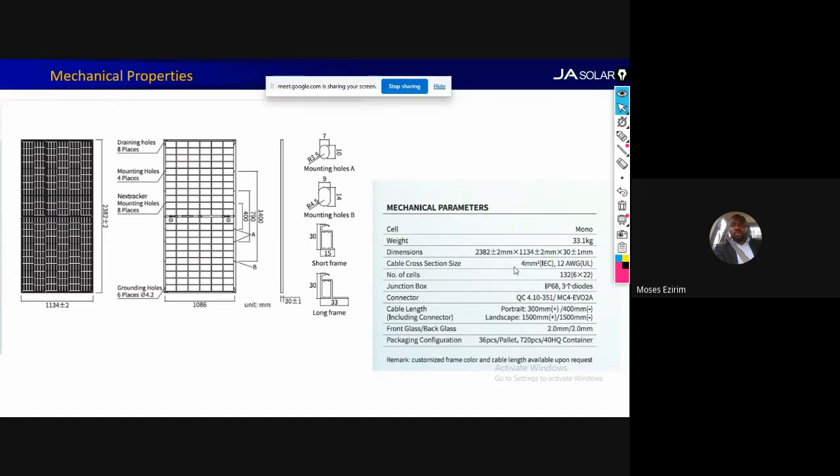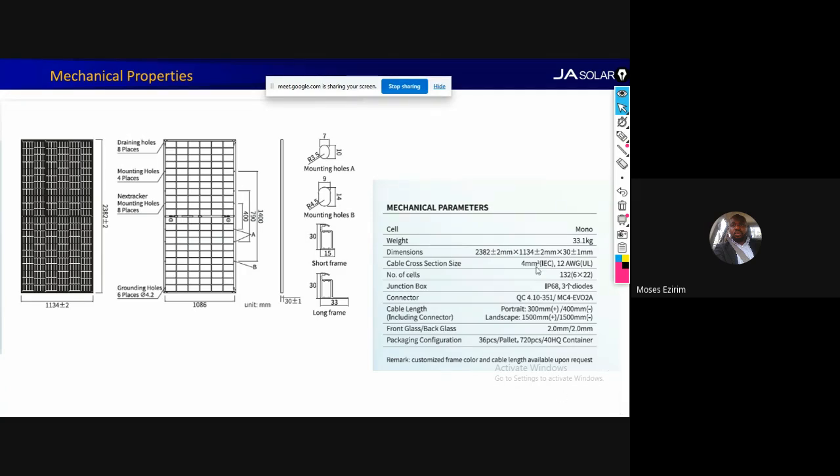Even if you've done your cable analysis and you realize that you can actually use 2.5 or 1.5, I'm sorry, the rating starts from 4 mm and so on like that. You don't use 2.5, you don't use 1.5. I don't even know if we have solar cable as low as 2.5 or 1.5 in the market. I doubt. Or has anyone seen such a rating of cables in the market? I doubt. Now, the number of cells is 132.